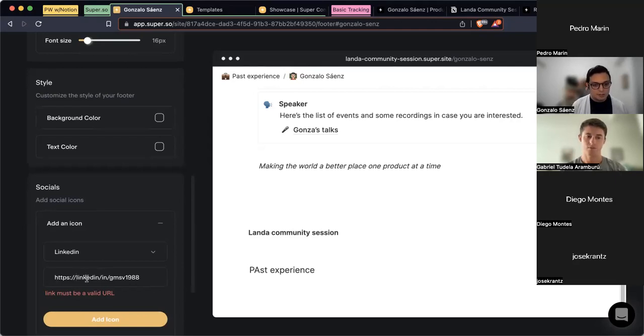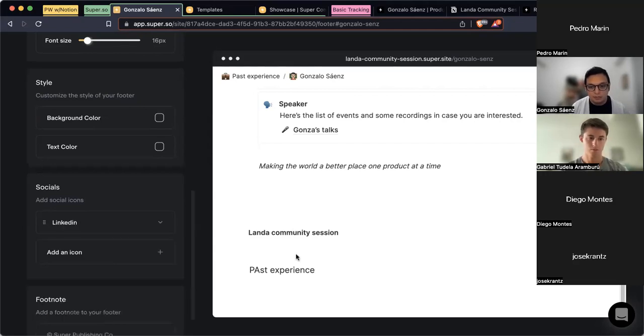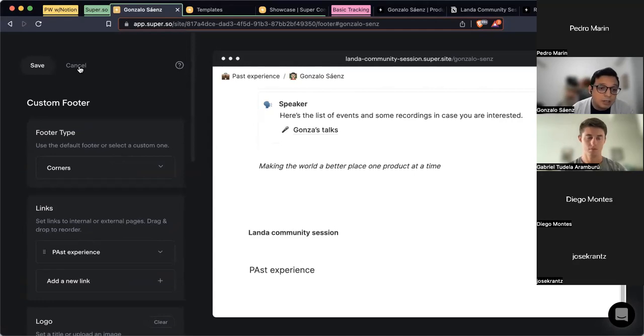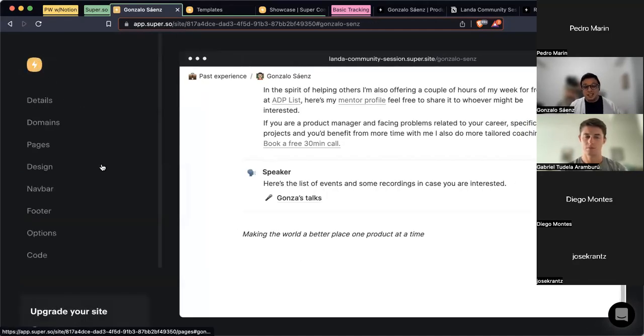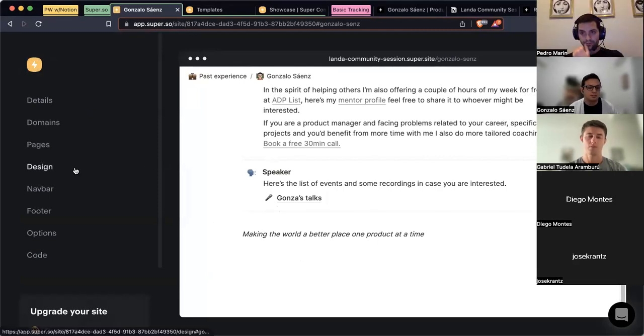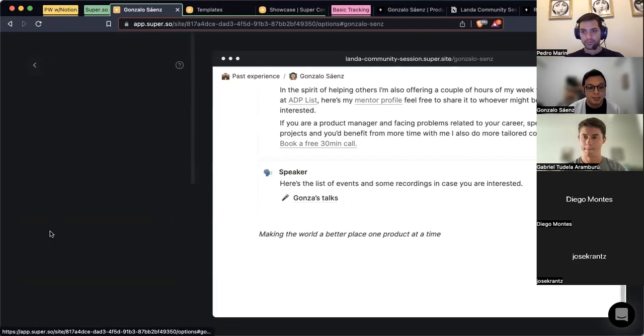Well, somehow it's not letting me. I think I missed one part of the URL, and it adds a social media button. So it's really cool. In my case, it's not fitting the design that I wanted for my website, but it's great that you know it's also a possibility for you.